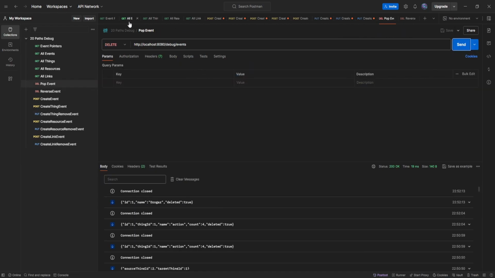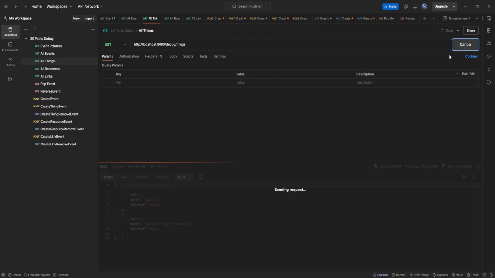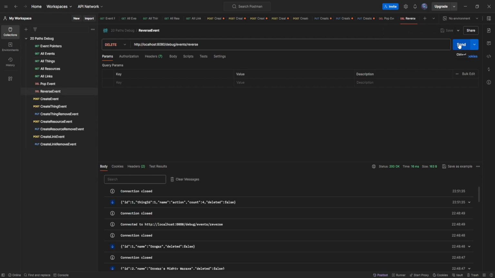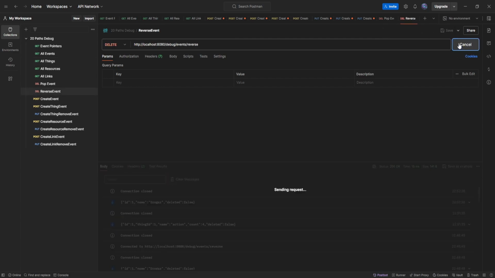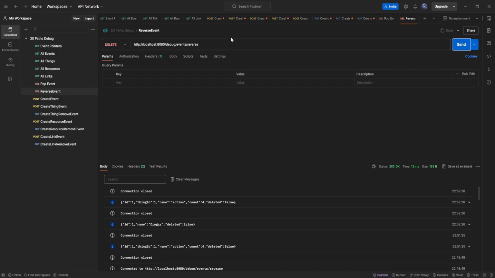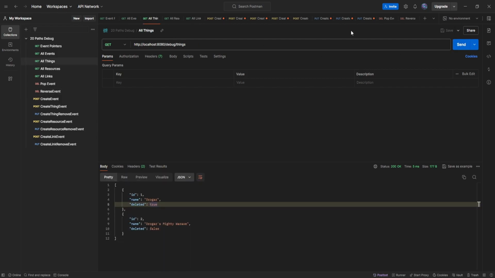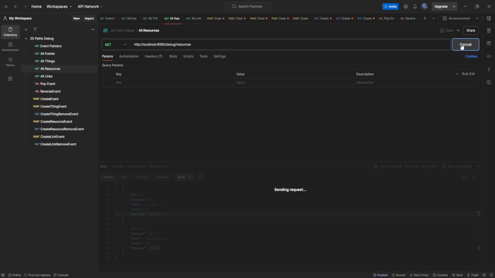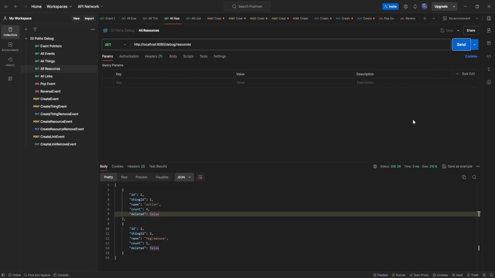And now Drogar is gone forever, except no, he's still there. He's been marked as deleted, but he's not actually deleted. In fact, let's go ahead and reverse that. I don't want to delete my mighty Drogar. I want him to be there, and I want his actions to be there so that he can use them. Hooray! So, that is the action handling system in